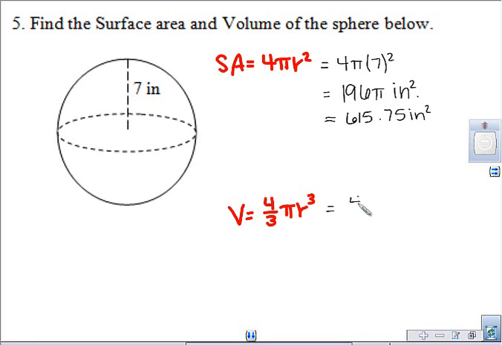Volume, same process, different formula. My radius is cubed, and I'm multiplying by 4/3. So 7 cubed times 4/3. That actually gives you a repeating decimal. So when that happens, I would just go ahead and multiply it by pi rather than trying to leave it in terms of pi, since it would be a decimal anyway. So this is approximately